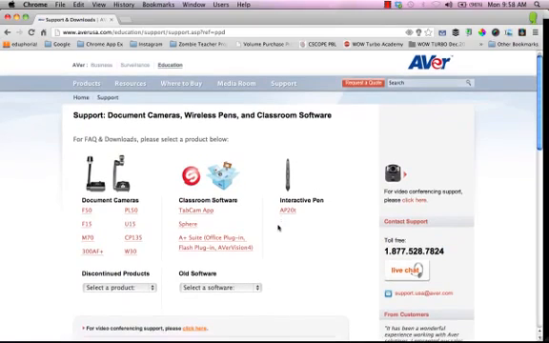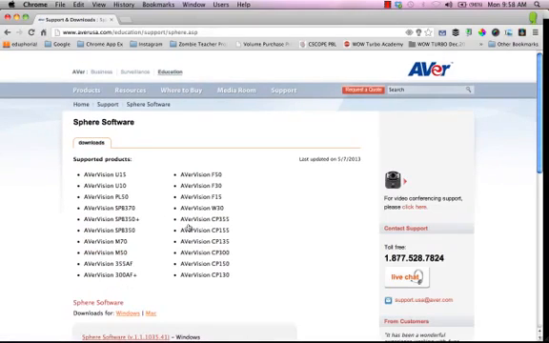Once you click on that link, maybe you get taken to a page that looks like this. You want to make sure you're looking for software that is for your classroom. And here's the link for the Sphere software. Now I do want to point out that the Sphere software is not compatible with every model of AverMedia